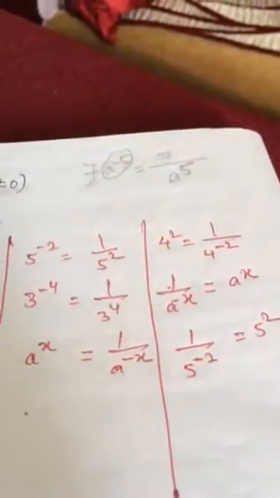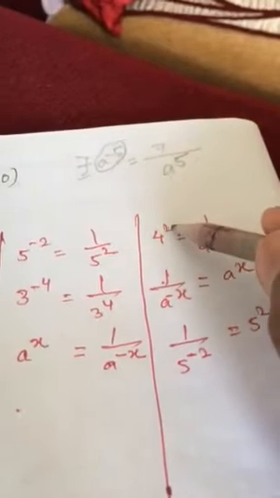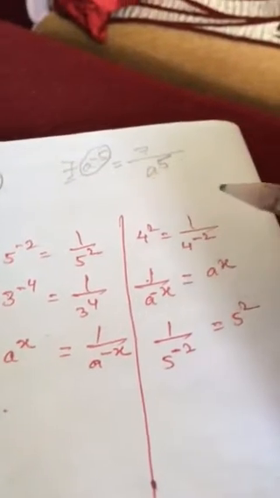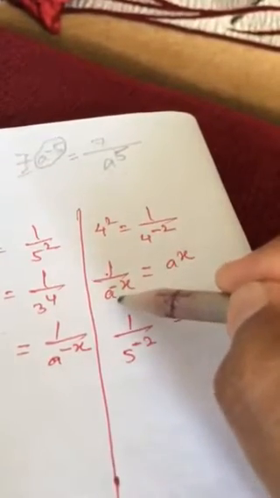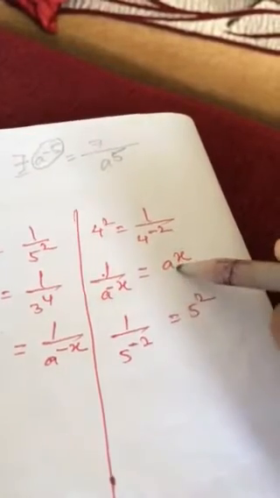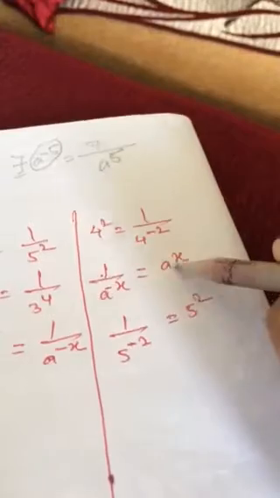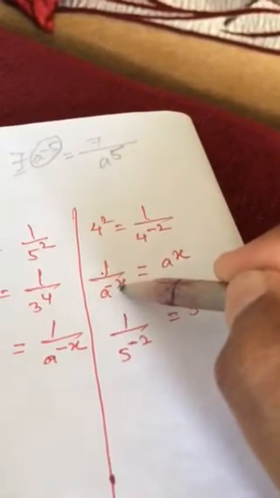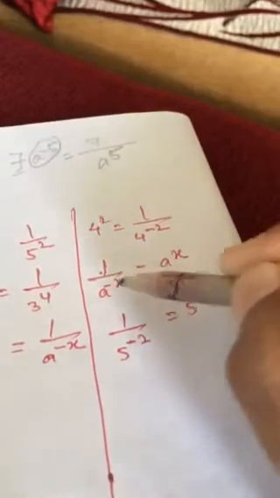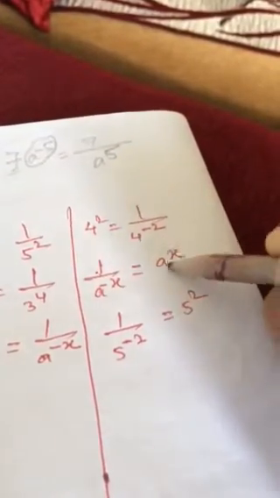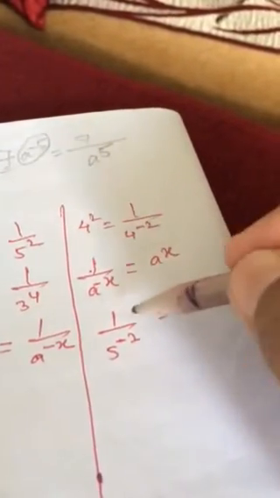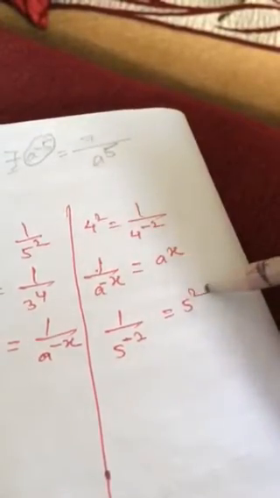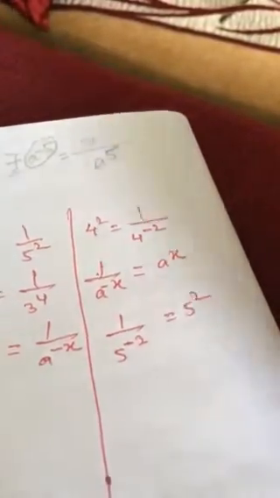Okay, here you have to understand. See here, 4 has a positive power, so if you want to write this with a negative power, then you have to write it like this: 1 by 4 to the power minus 2. Similarly, 1 by a to the power minus x is written a to the power x, because a positive power can be written as negative. If it is negative in the denominator, it will go positive as a numerator. The denominator will go in the numerator, and the numerator will go in the denominator. So 1 by 5 to the power minus 2 can be written 5 to the power 2 or 5 square. So this is the use of the sixth law of indices.